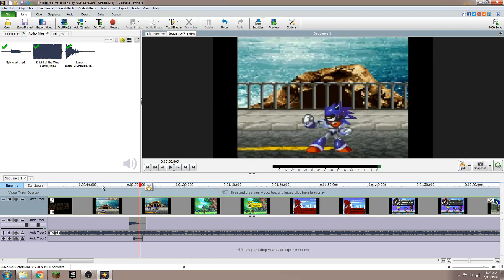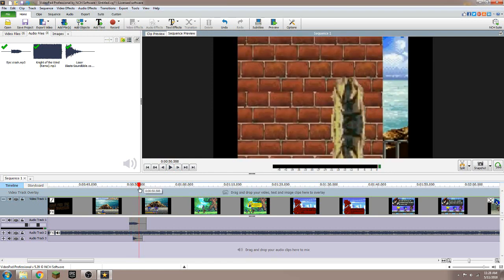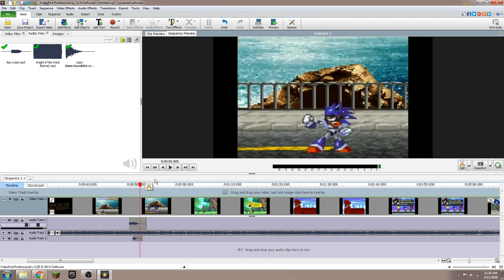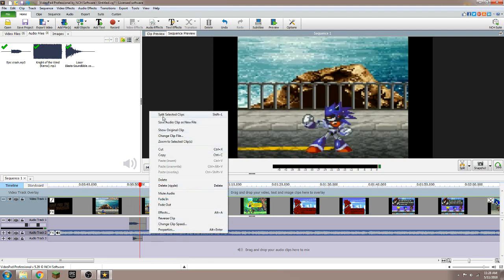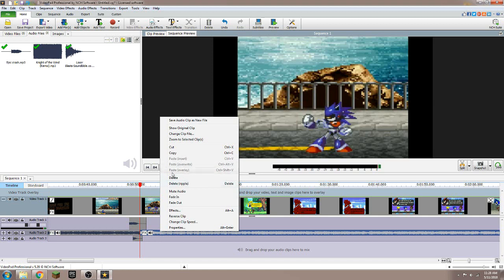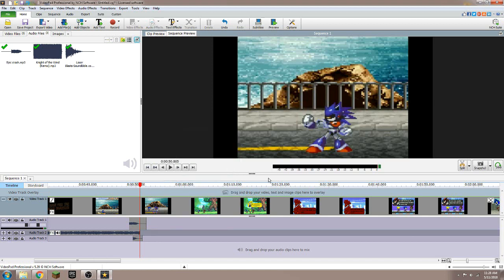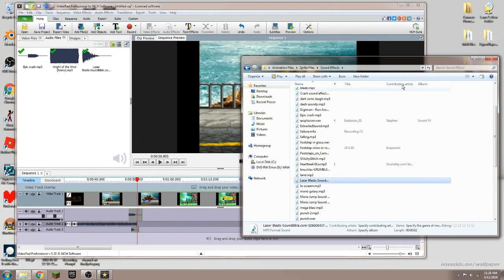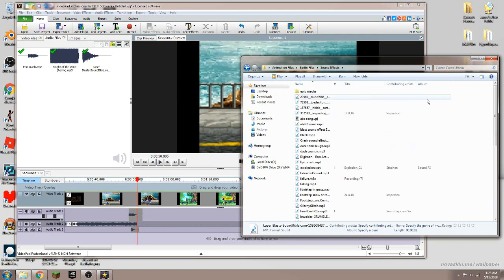One more thing I'm going to show you before we end on sound effects and stuff. Let's say when we want Sonic to come out, we want the music to get kind of happy because he's doing kind of good or something. So here we're going to cut this music, split it, and delete the other half. And now we're going to drag in the new music we want, which is